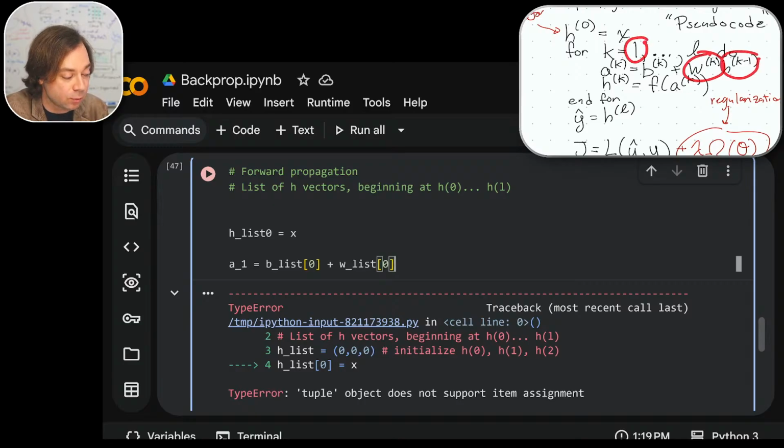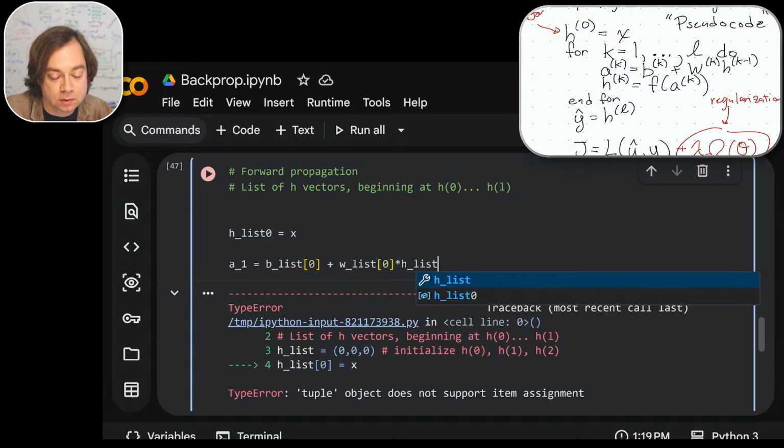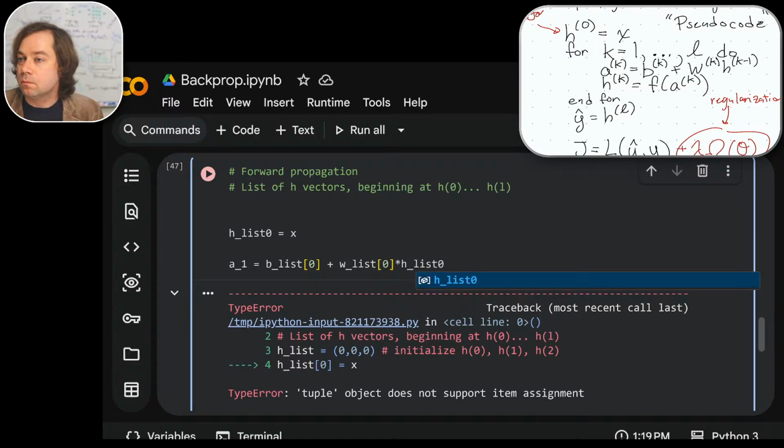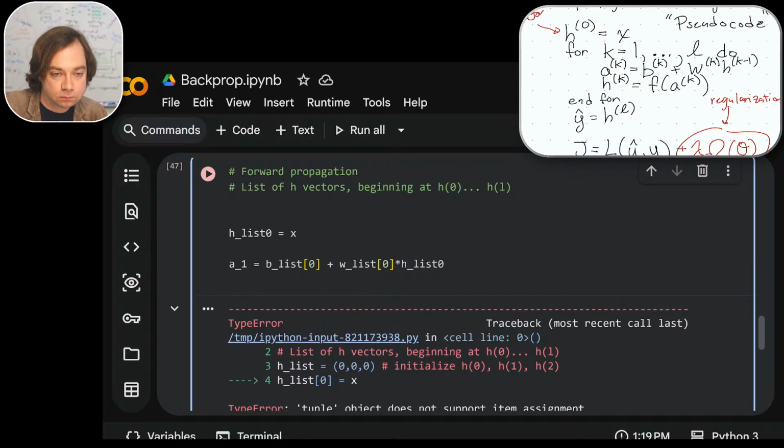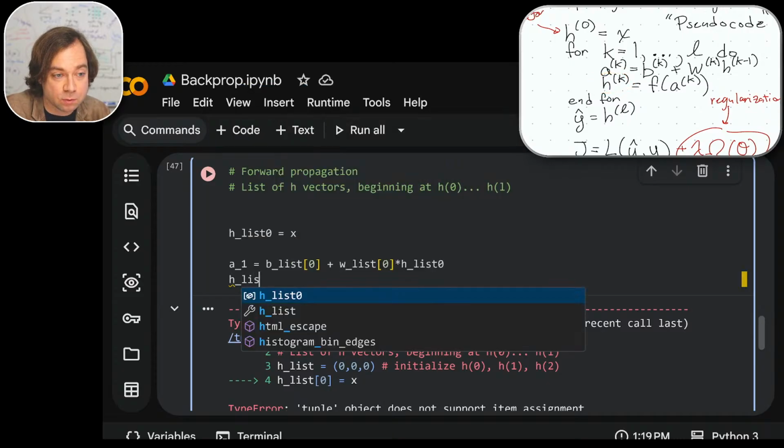Since K is currently 1, we need H0, which we are currently calling H list 0. This is the forward propagation step, right? That's that step. Now, HK, which we'll call H list 1,